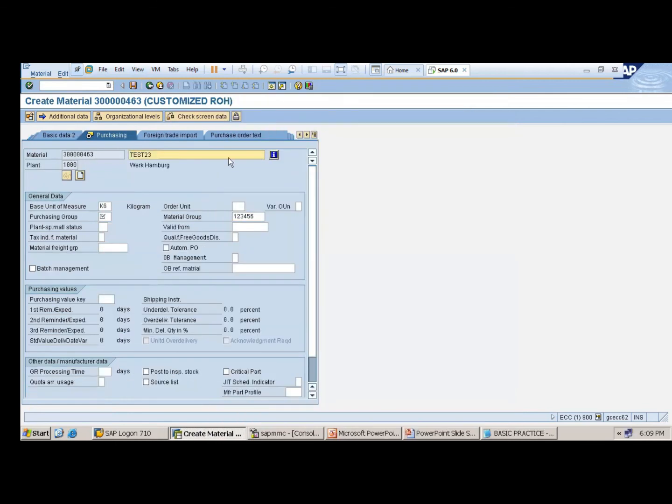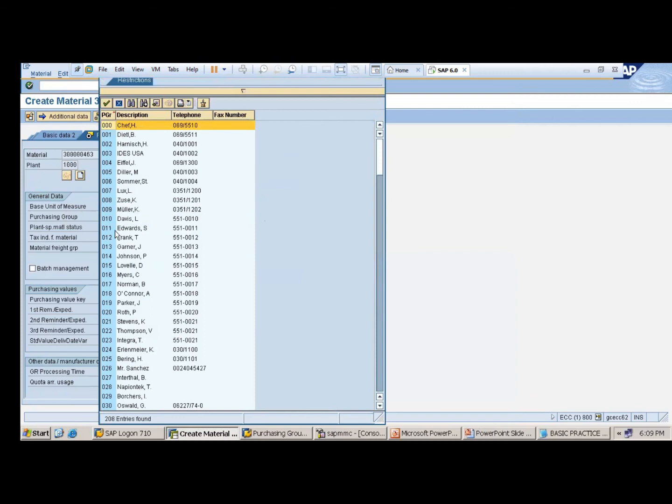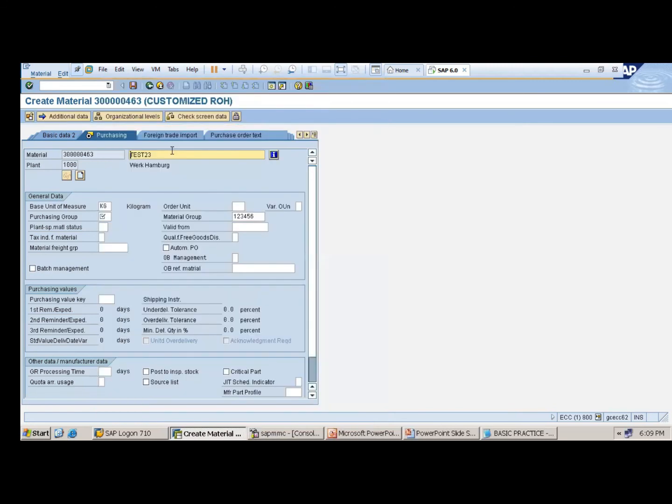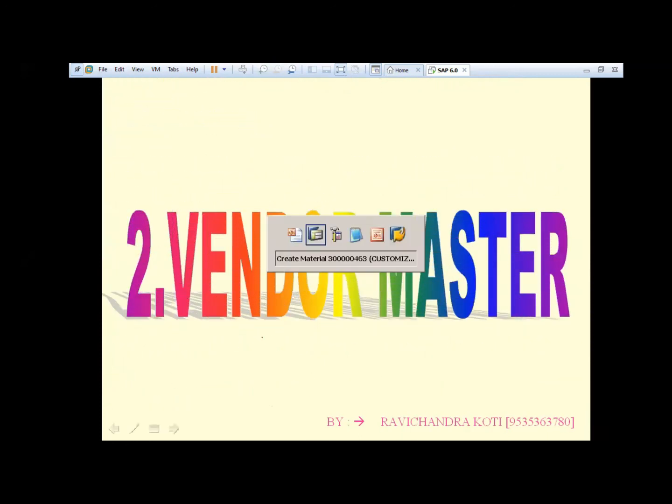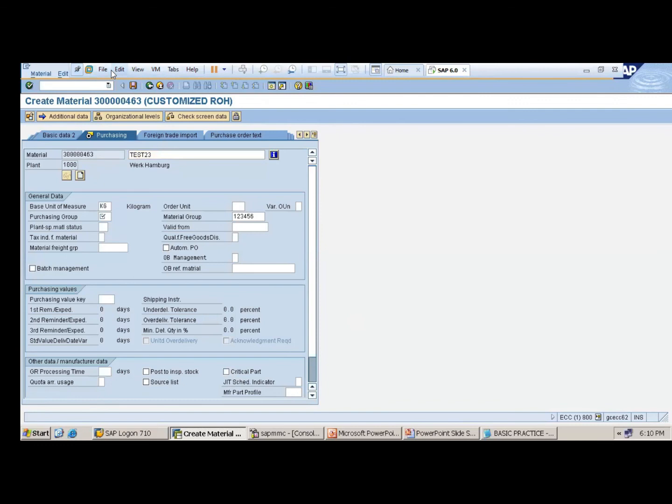Test material group. Well, next, purchase group is here, meaning the name of the person or group of people. I want my name here, or I want some other name, Sangeeta and all. How to create? Go for creation of purchase group. OME4. /n OME4. Enter.